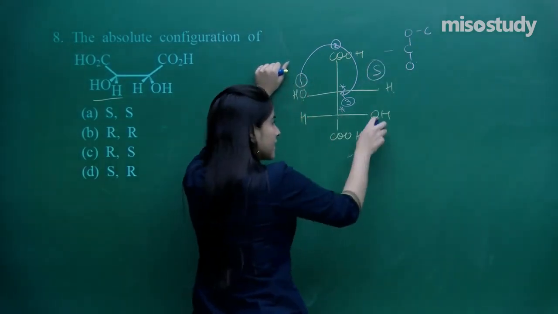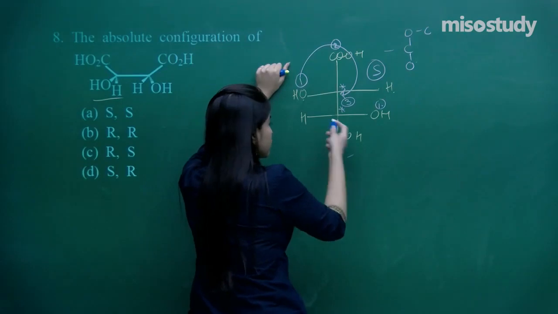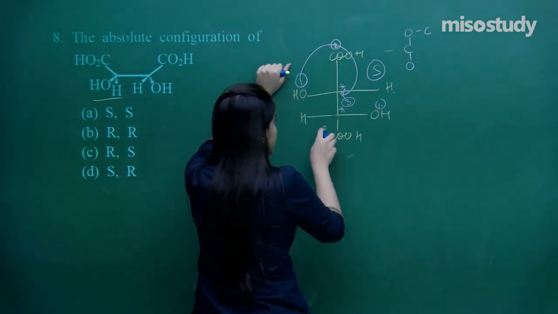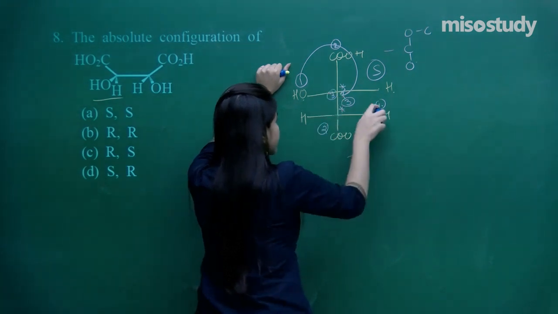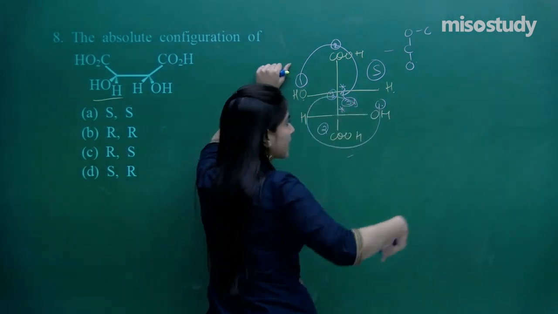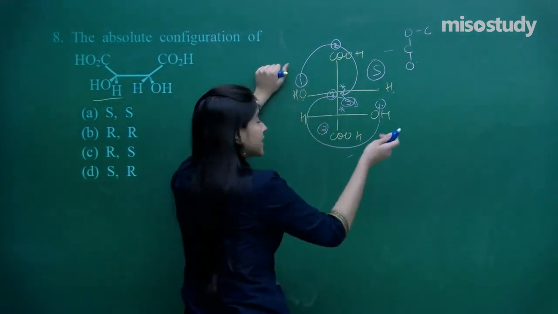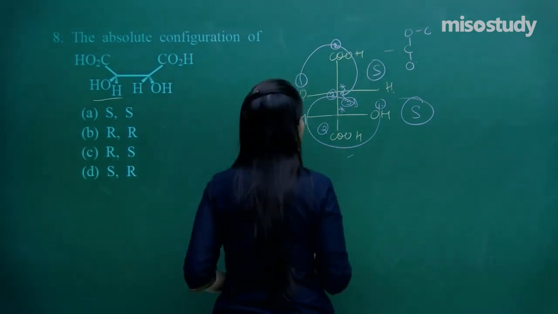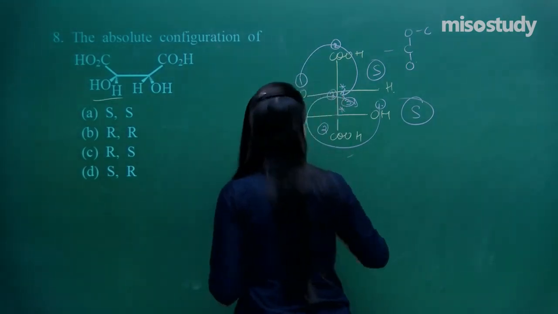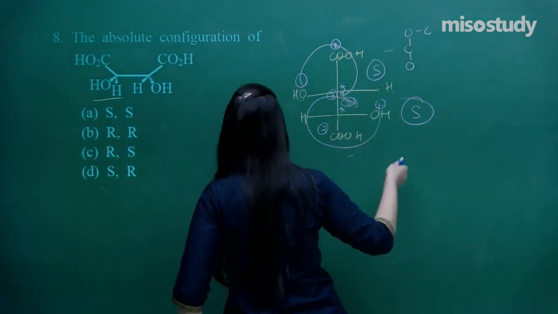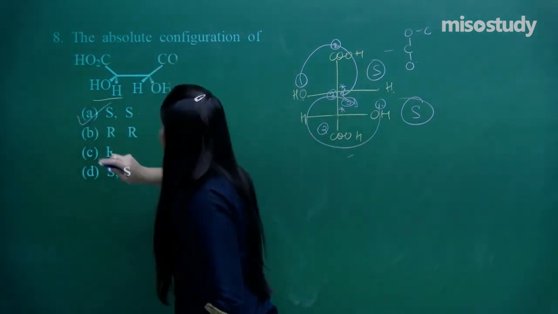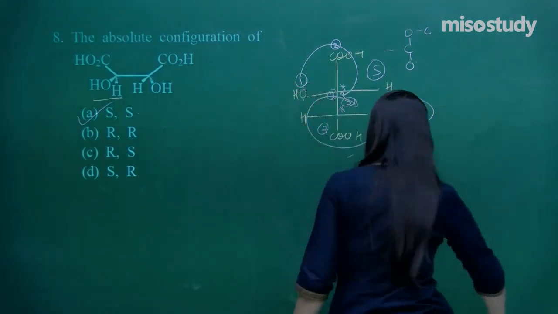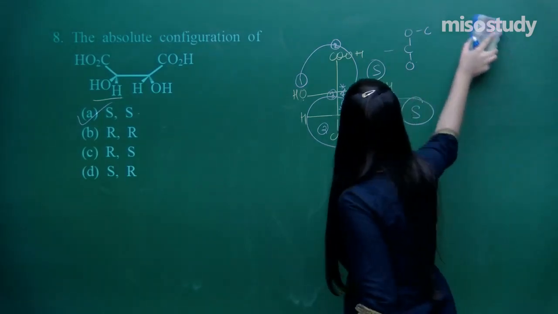Over here, again, number 1 is given to this. Number 2, since the groups are similar, I need not go into the detail. So 1, 2, and this will be 3. So it would be something like this. That means again clockwise direction, but I need to represent it as S. So that is how we are going to get the answer. It should be R, but it is S. So that is what the answer is. I hope you all have got it. Let's move on to the next question.